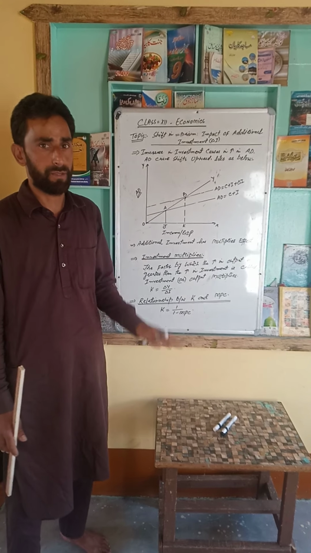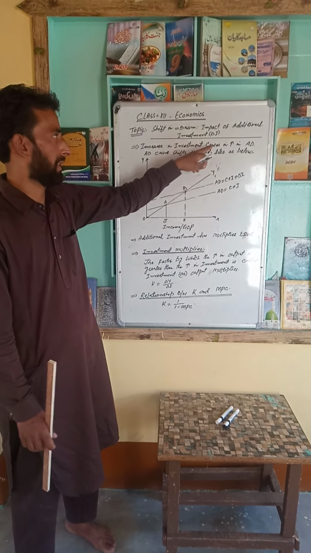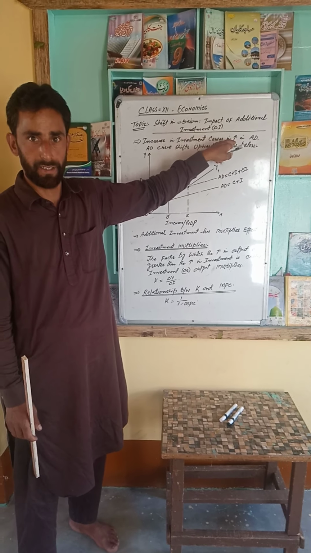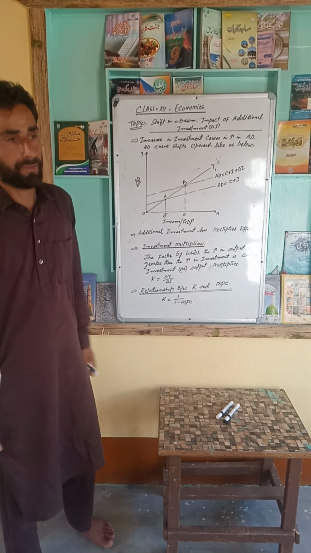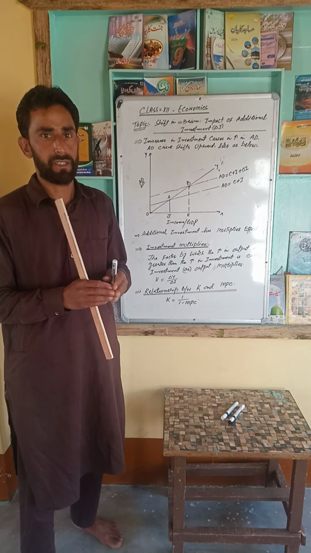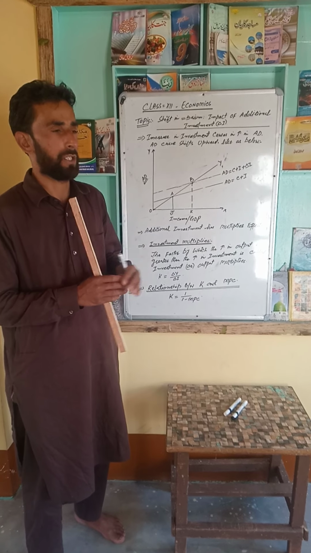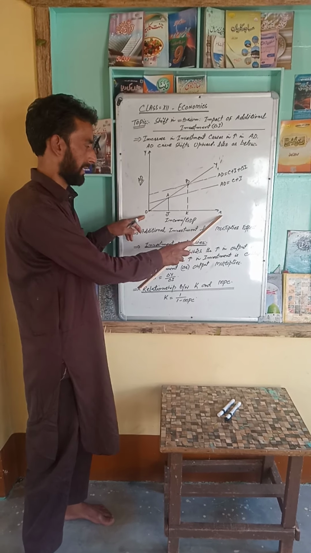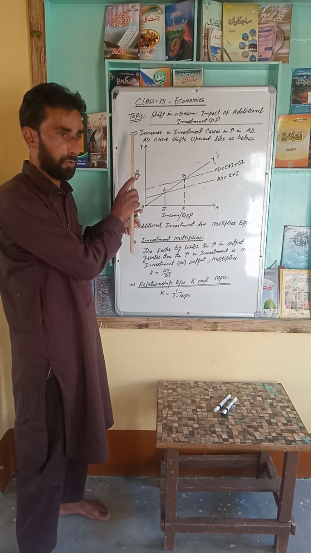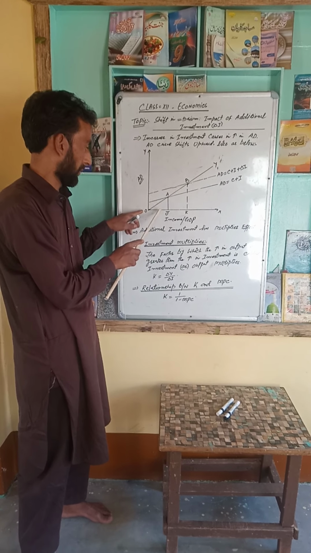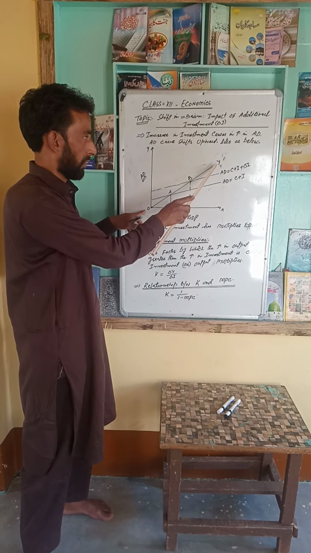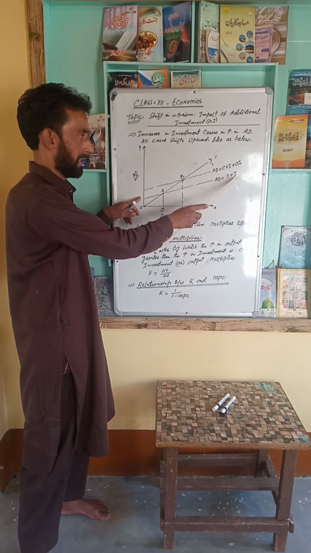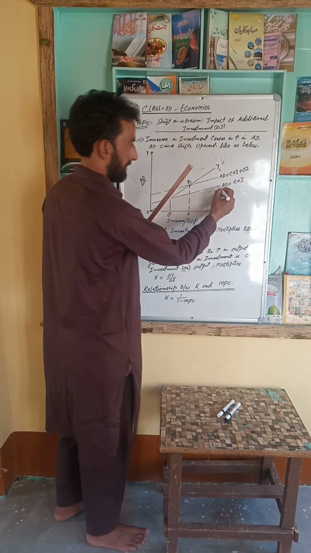Increase in investment means, as all of you know, when there is additional investment, it will definitely cause an increase in AD. This arrow means increase in AD. The AD curve shifts upward, like as shown in the figure below. This is the OX axis, where we are measuring GDP, and on the OY axis we are measuring AD. This is the Y line, or you can call it the reference line, and this is the additional AD curve, that is C plus I. This curve we have discussed.